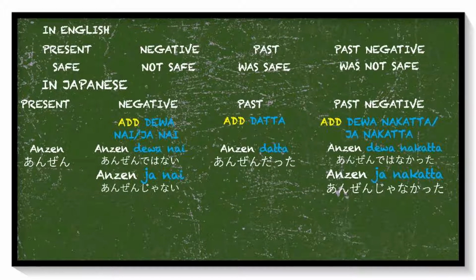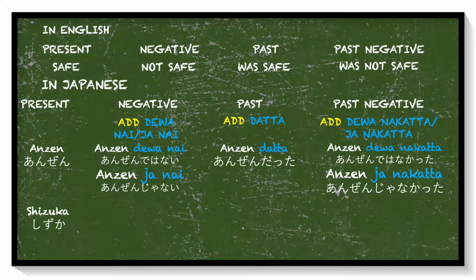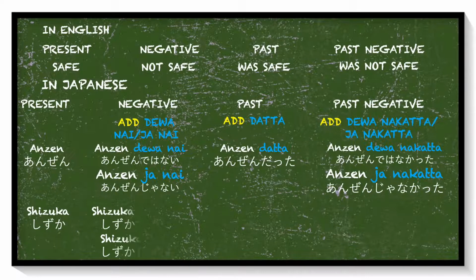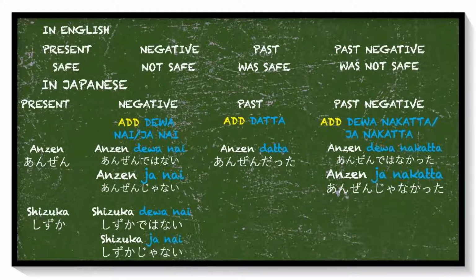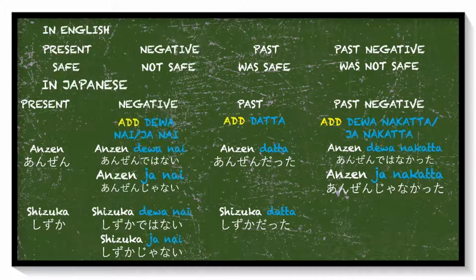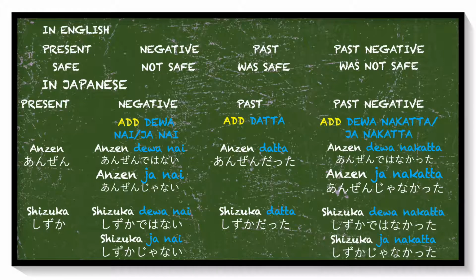Another example. 静か, or quiet, in English. Its negative form, which is not quiet, is 静かではない or 静かじゃない。 Its past tense is 静かだった、 and its past negative form is 静かではなかった or 静かじゃなかった。